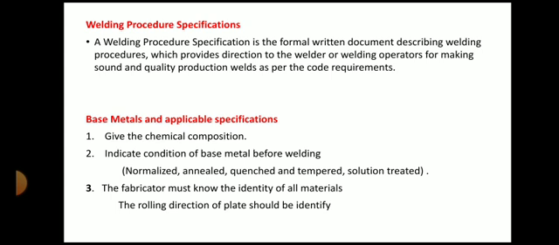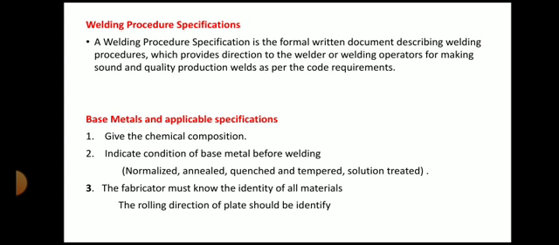A welding procedure specification is the formal written document describing the welding procedure, which provides direction to the welder or welding operator for making sound and quality production welds as per the code requirement. So it is a formal written document which will tell the welder how to perform the weld. It will contain all the information about the welding, and that information is according to some standards